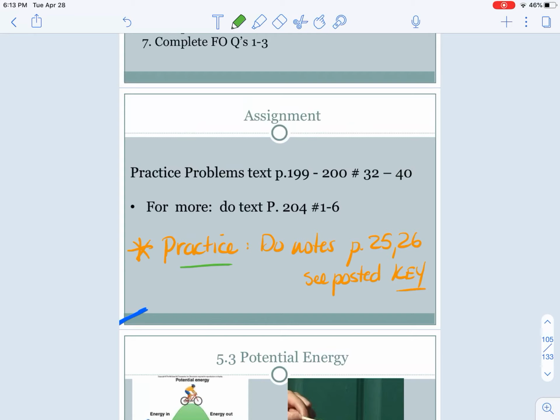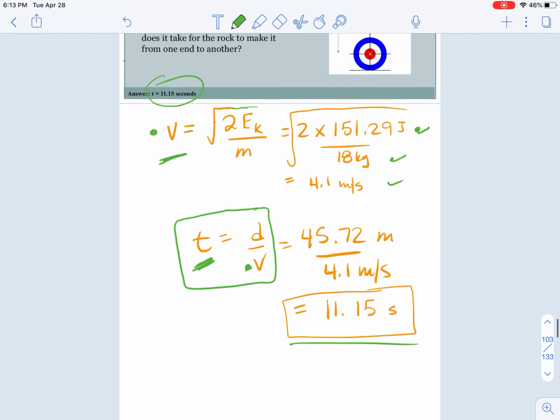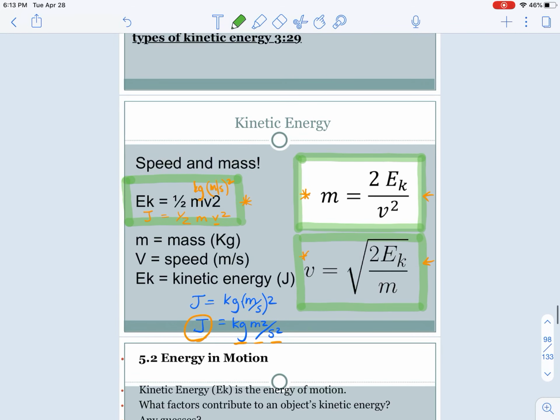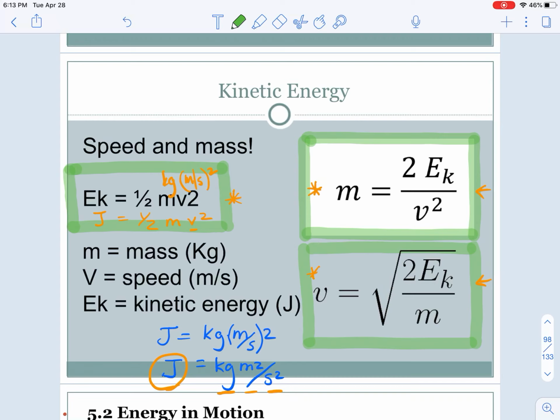So to practice, we are going to work on the practice that is in your notes on pages 25 and 26. That is giving you lots of practice on the different ways to turn around that kinetic energy equals half mv squared formula. So when you're doing that, keep these different versions of that formula handy so that you can use whichever one you need for pages 25 and 26. And that will get you ready for the 5.1